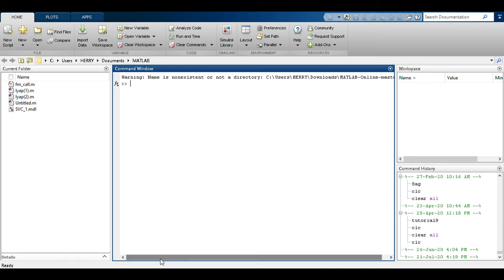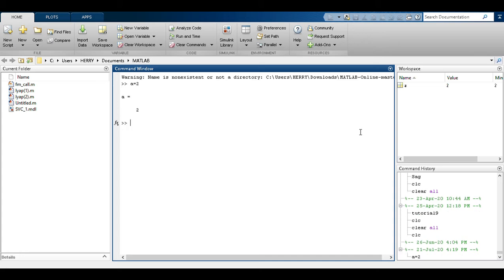Okay, so let us try to do a mathematical calculation. Let's say I am writing a is equal to 2. I hope you can see. I just hit enter, and you will get the value of a is equal to 2, and at the same time in the workspace my variable a is equal to 2.